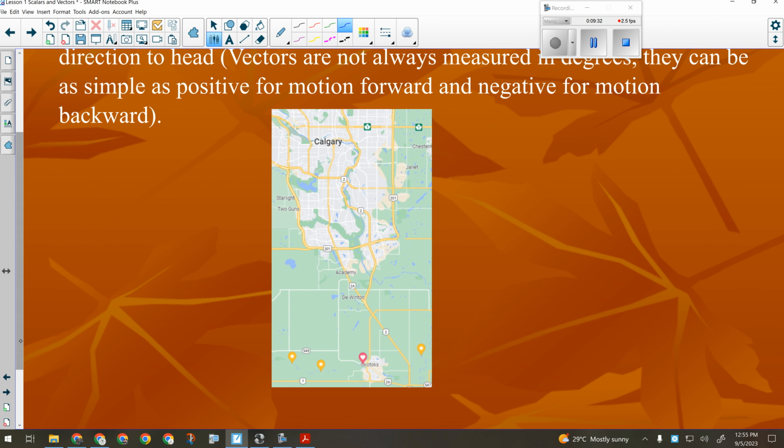Okay, so if we're down here in Okotoks and we want to go to Calgary in a straight line, this would be due north. That would be about 13 degrees west of north. If I had a helicopter, I could fly right along that line and I would get right into downtown Calgary from here. Does that make it better